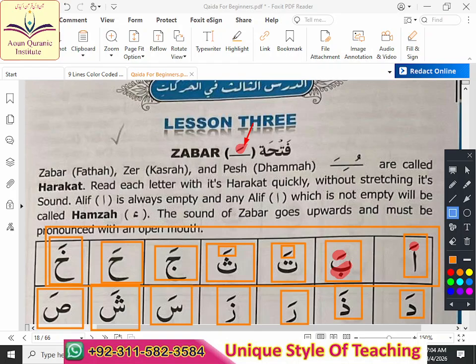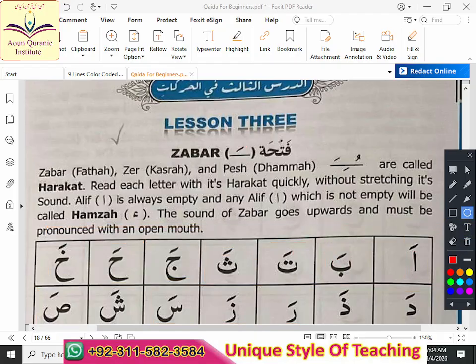You are genius. Really genius. Say Alhamdulillah. MashaAllah. You know now the sound? What is this sound? Sign. Sound inshallah, we will try. But this sign name is Zabar, right? Yes. Tomorrow inshallah I will explain what is the sound of Zabar. Whenever we see Zabar on top of any letter, automatically there will become a sound. I will explain tomorrow.